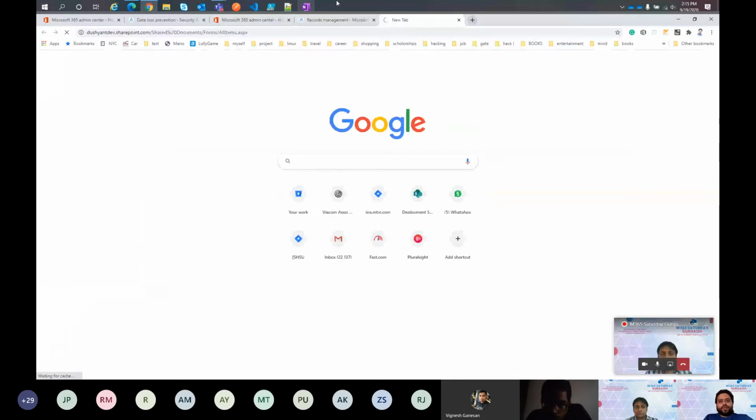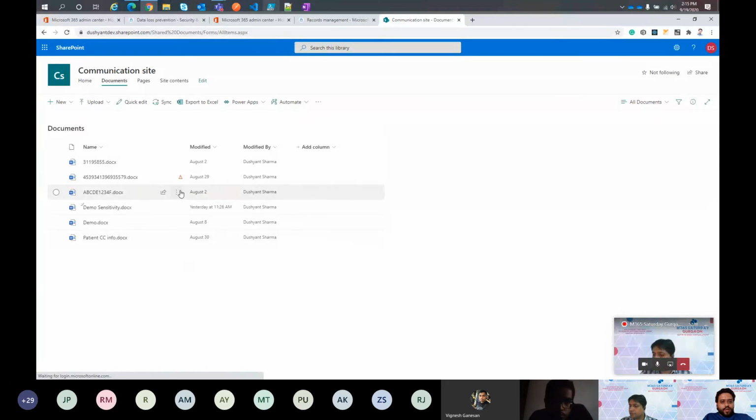This is one of the SharePoint sites in my tenant. As you can see, there is one document with a warning red triangle sign. This is a policy tip and it is alerting. For the demo purpose, we have created a document where this number fulfills the criteria for being a credit card number.